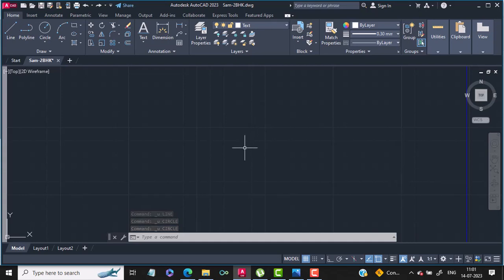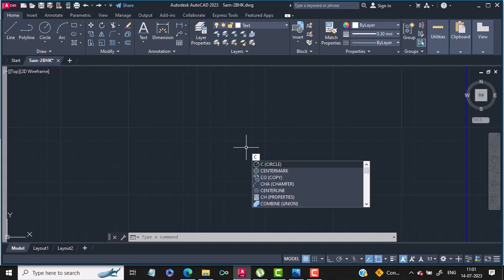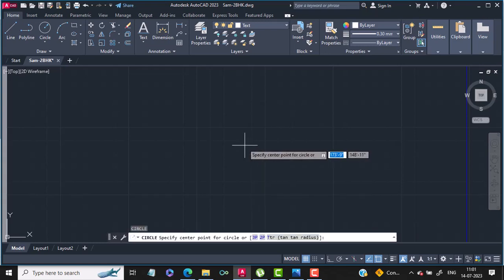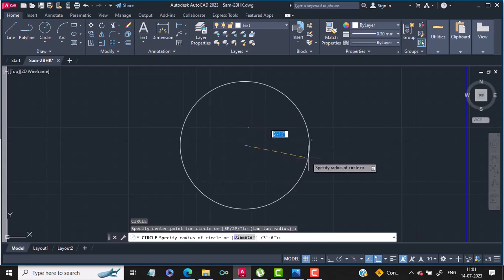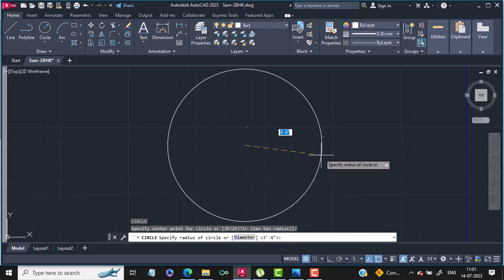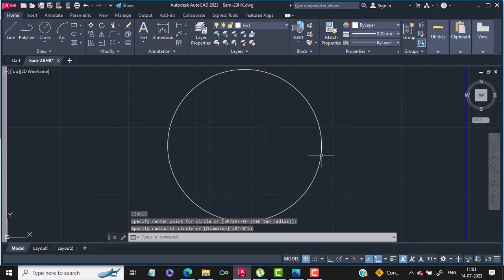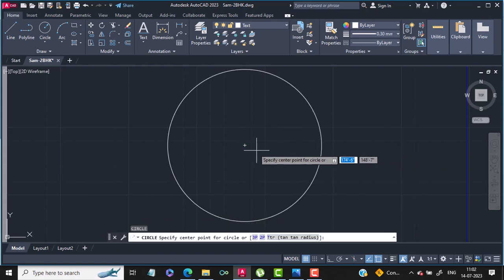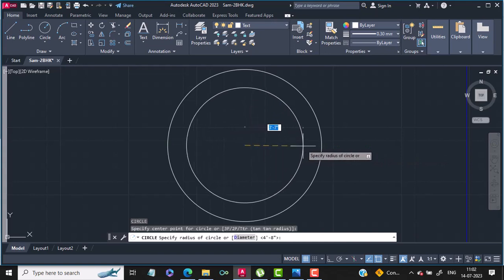Hi friends, in this lecture we'll study how to make the north pointer or the compass in AutoCAD. In order to do so, we'll use the circle command and we'll hit enter. We'll click at the center point and draw a circle of a random radius and then hit enter. Again we'll use the circle command, use the same center point and draw another circle of slightly lesser radius